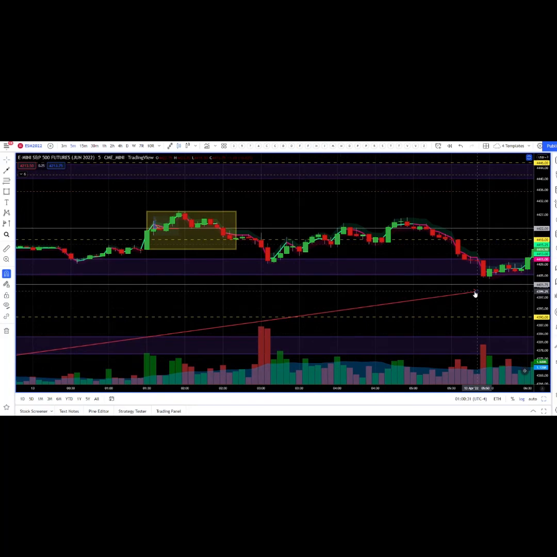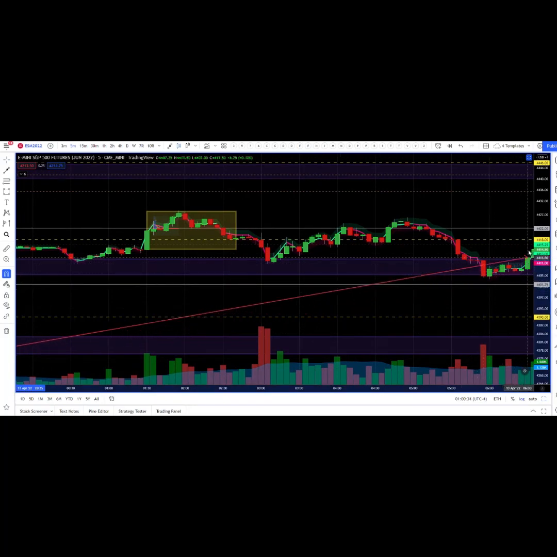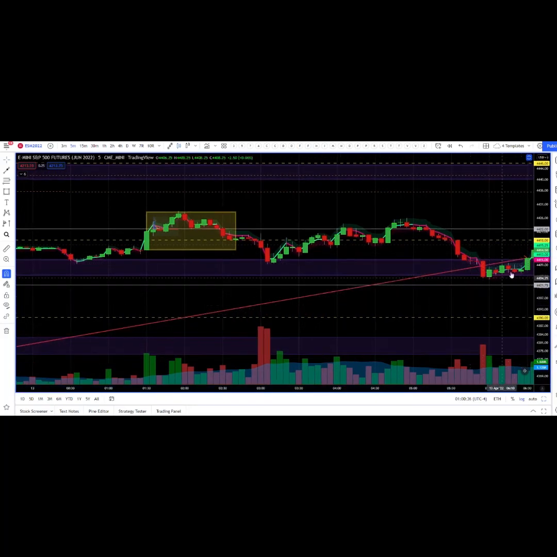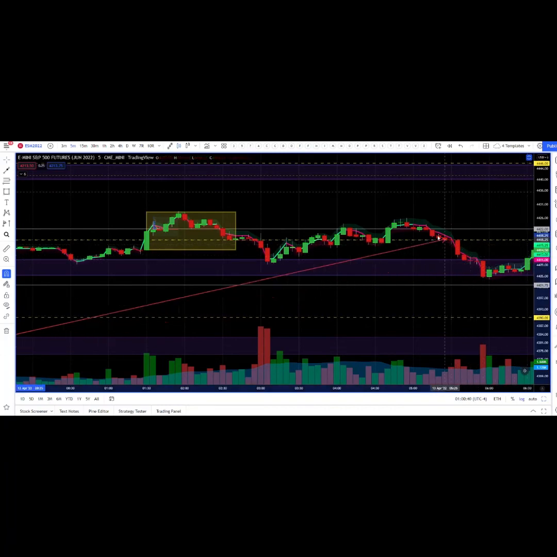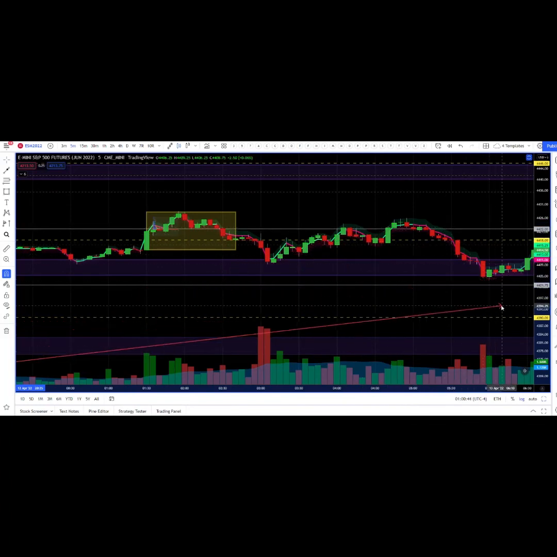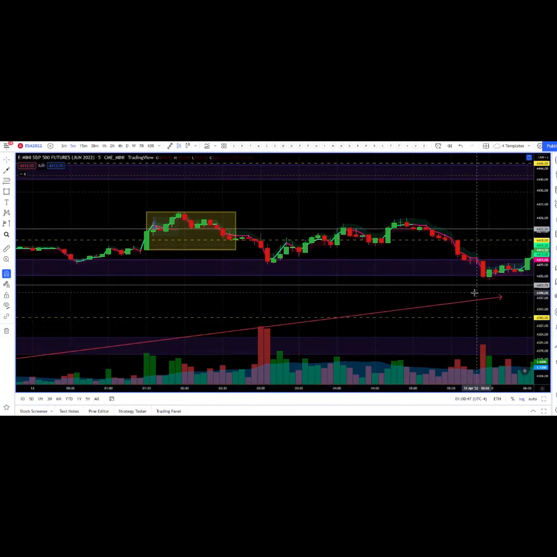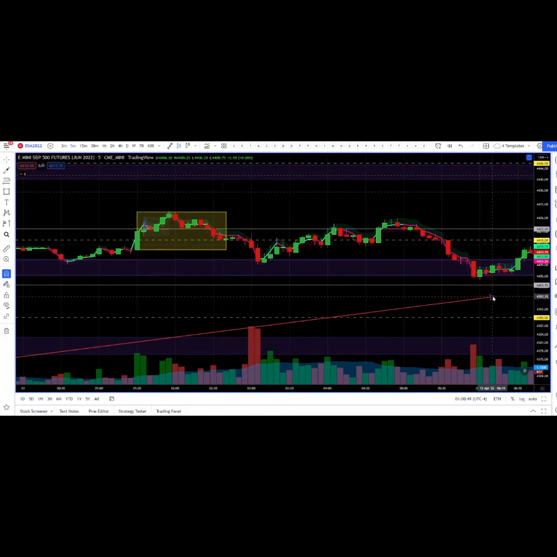Okay, so we get into the purple pivot, break out of it. I'm done with my short here. I don't want anything to do with it anymore. I liked it here and here and here. But once we get into this and we can't break further down under this, I don't want to be short. Even if it rolls,